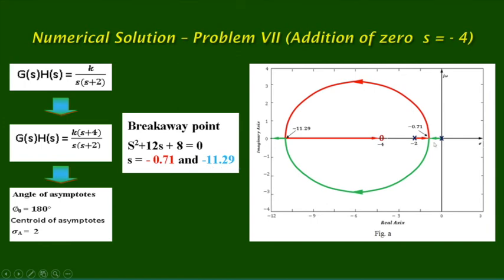These 2 points are present in the root locus branch. So that's why this point is called the breakaway point, and this point is called the break-in point. So from this figure, you have seen that this system is completely stable. If a zero is added at a moderate distance, then the system is completely stable.